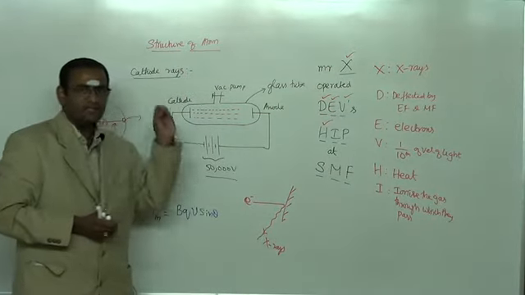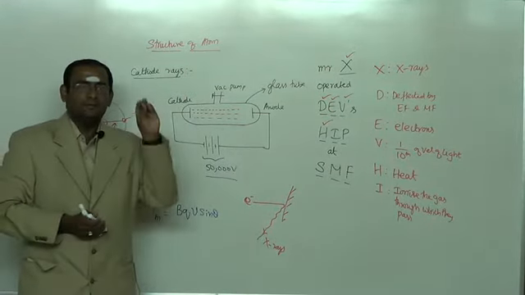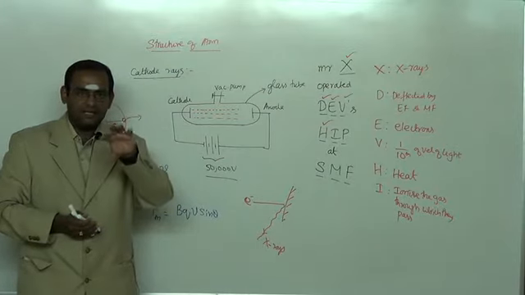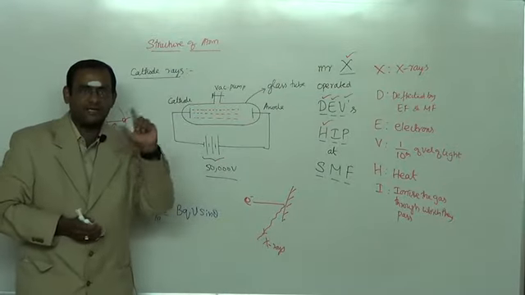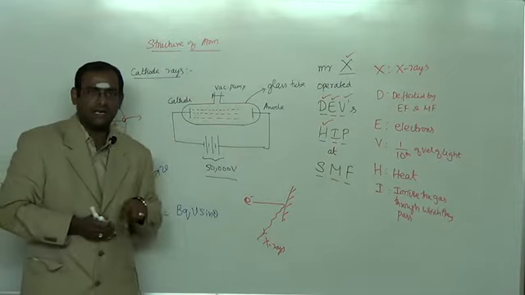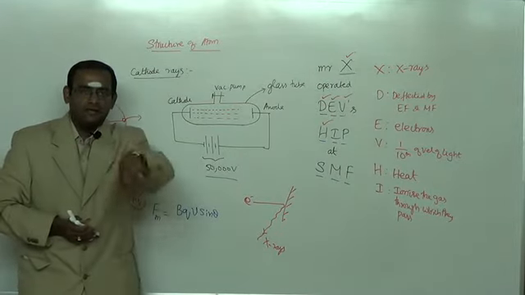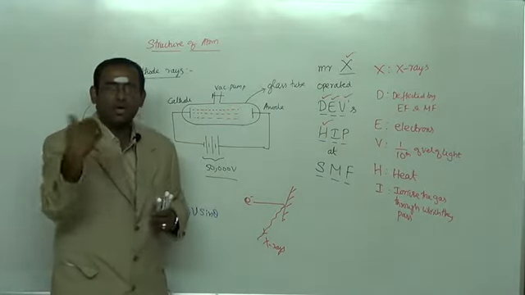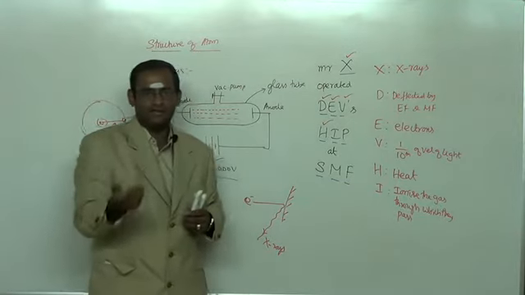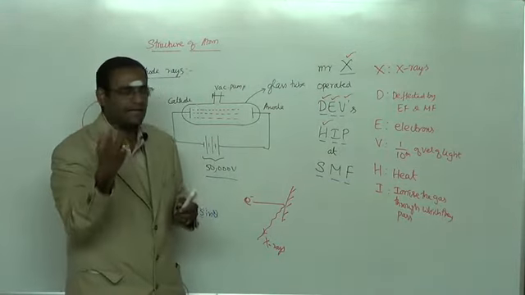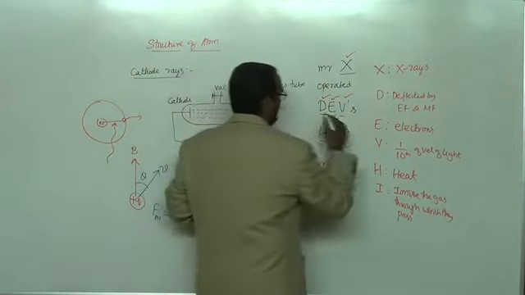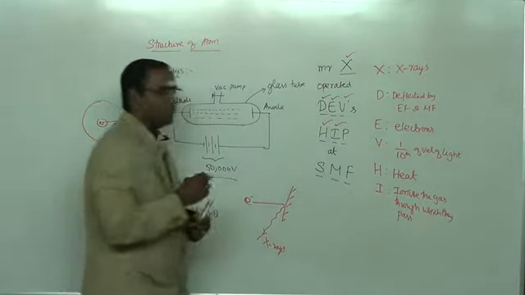When these electrons come and meet the gas atom, the atoms containing electrons, the incoming cathode ray electrons will bombard the electrons of the atom, and during this bombardment the electrons of the atom may be thrown out of the atom, and therefore the gas may get ionized. That is known as ionization of the gas through which they pass.